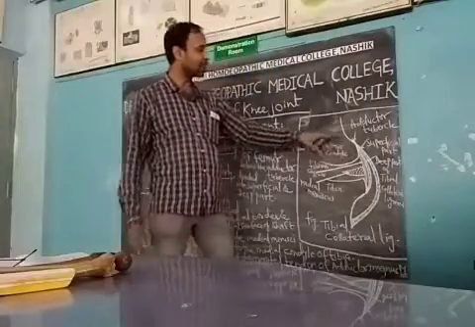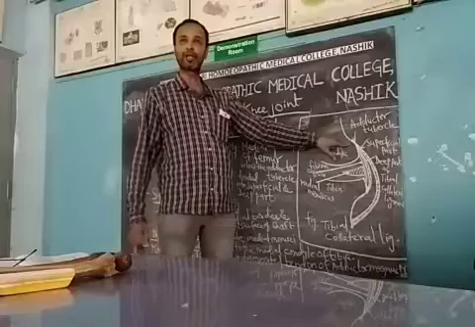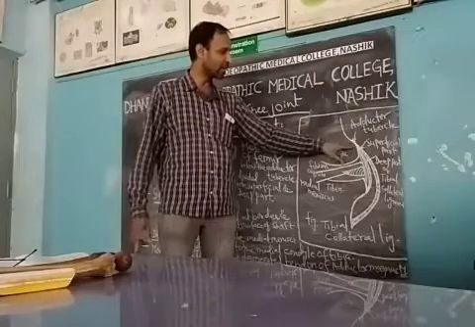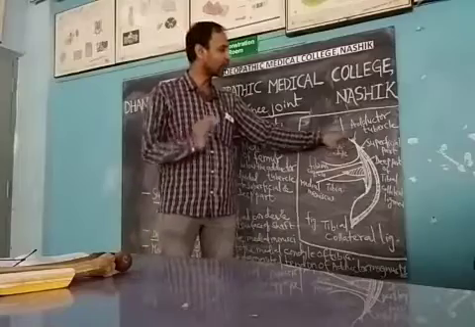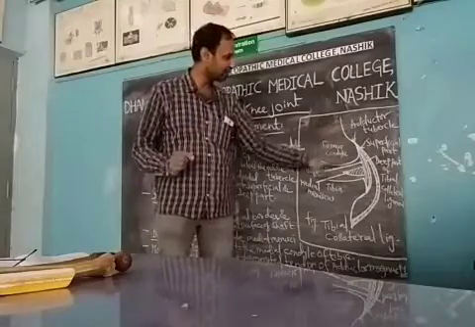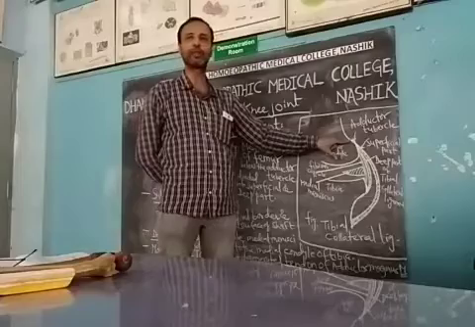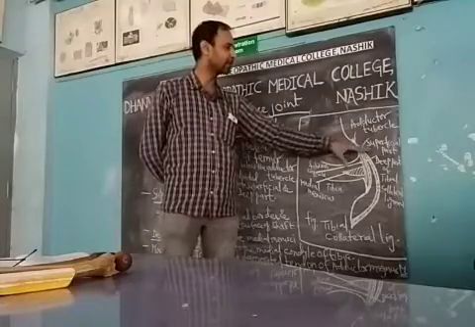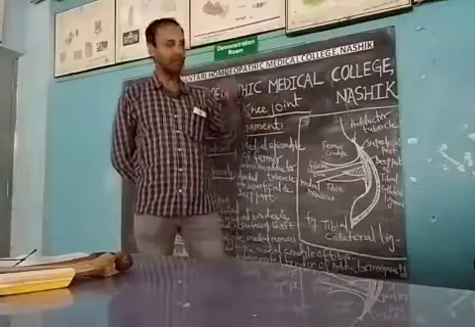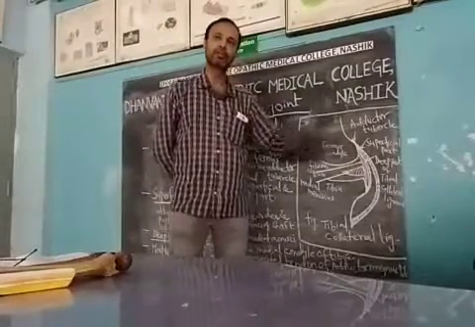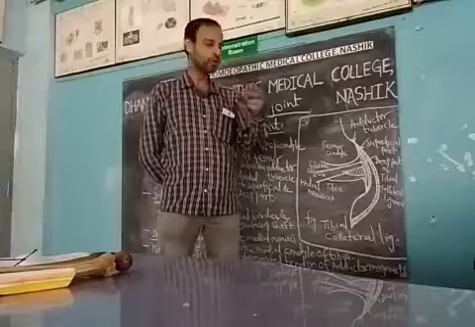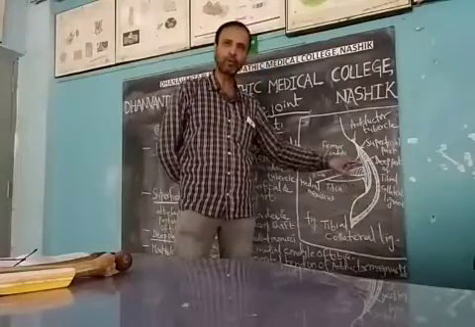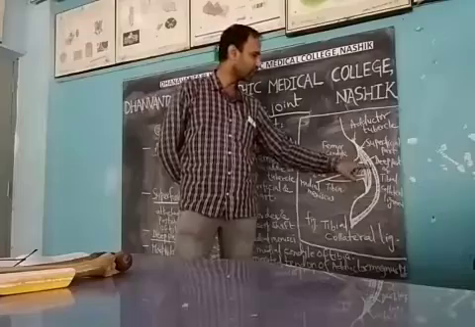This ligament is always attached superiorly to the femur, at the medial epicondyle, just below the adductor tubercle. Here is the femur in the diagram, and this is the adductor tubercle. So below the adductor tubercle, at the medial epicondyle of the femur, this ligament is attached. Now this ligament divides into two: one is the superficial or anterior part and the other is the deep or posterior part.